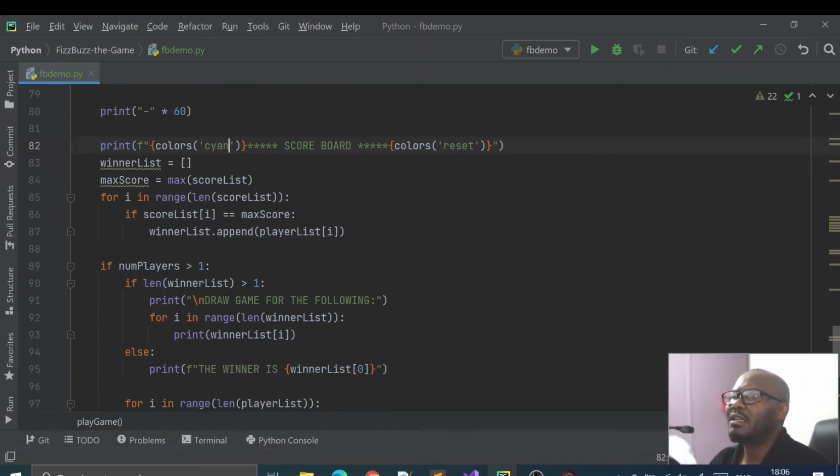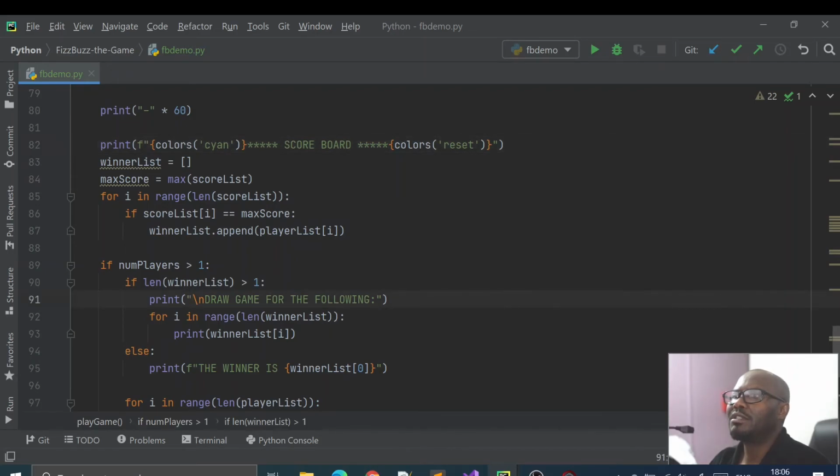On draw game we call cyan. So f here, we call cyan, and then reset here. Reset there,